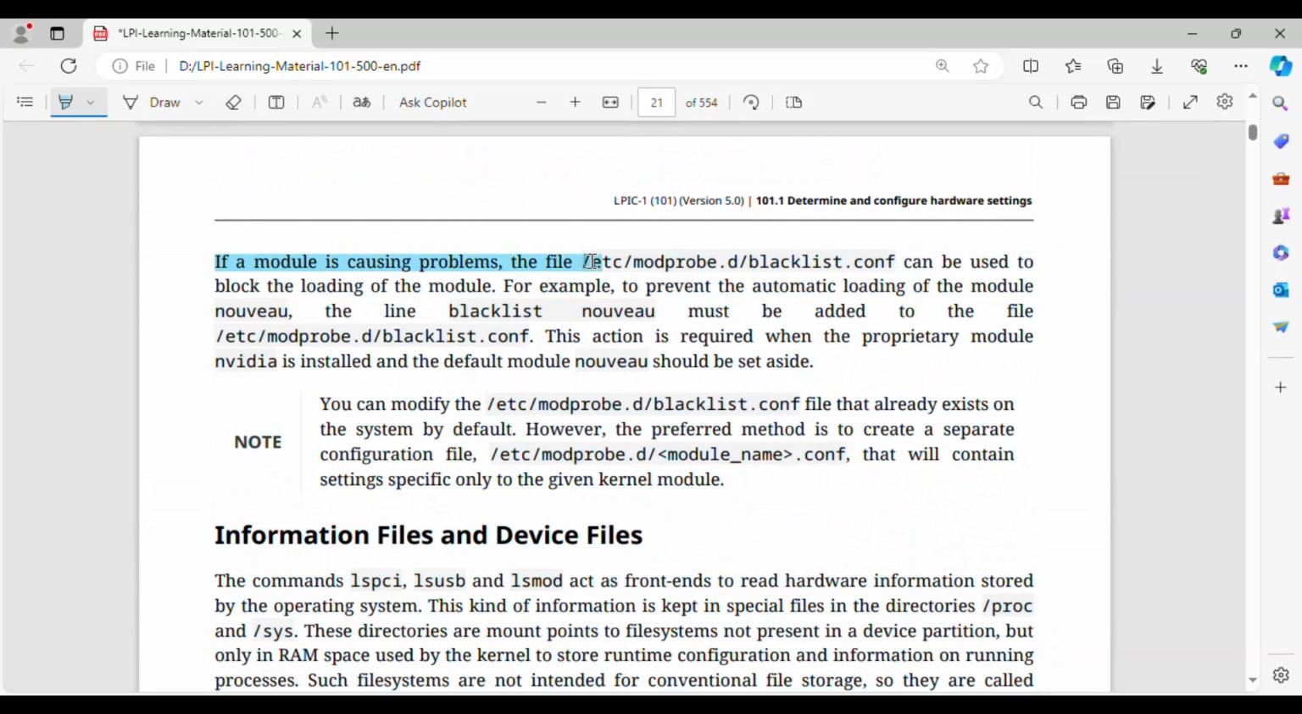If a module is causing problems, the file /etc/modprobe.d/blacklist.conf can be used to block the loading of the module. For example, to prevent the automatic loading of the module Nouveau, the line "blacklist nouveau" must be added to the file /etc/modprobe.d/blacklist.conf. This action is required when the proprietary module NVIDIA is installed and the default module Nouveau should be set